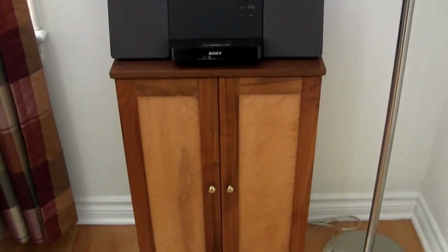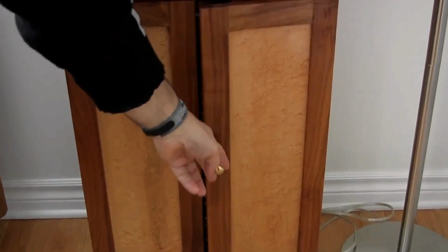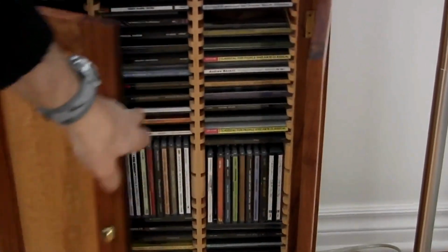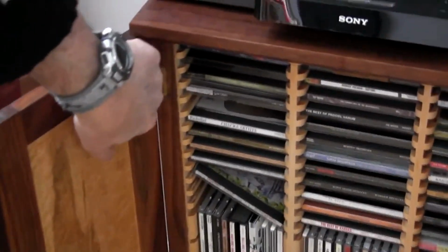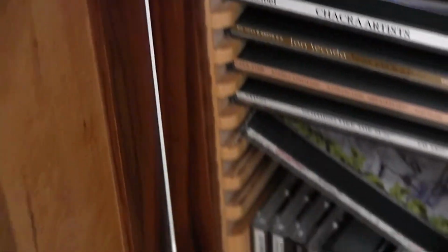What about this one here? Yeah, that's an older cabinet. It's just a CD cabinet I created. This is 15 years ago. I created this 20 years ago. One of my earlier works, and these are the other hinges that you'll see more often than not in furniture. And I've gotten away from that completely. I use knife hinges now. So this is walnut, and